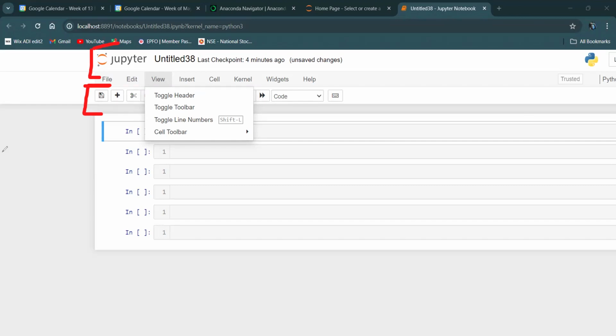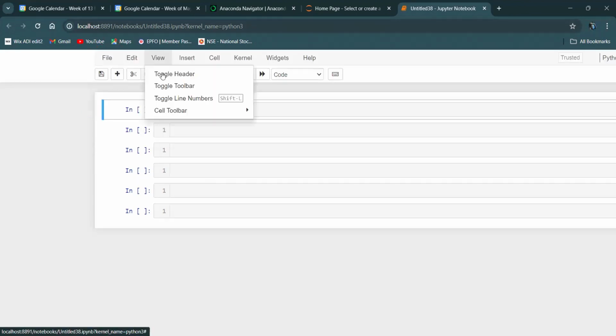Anything you can do then. So after this, see, if I tap on this toggle header, that's been hidden now.